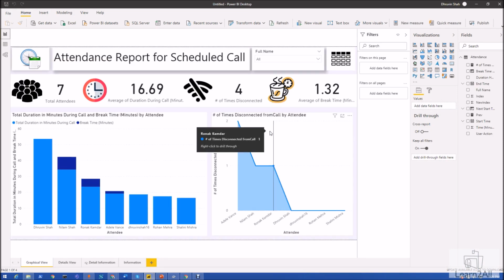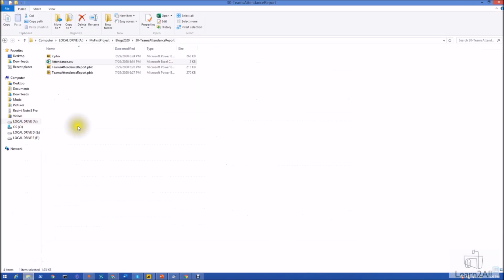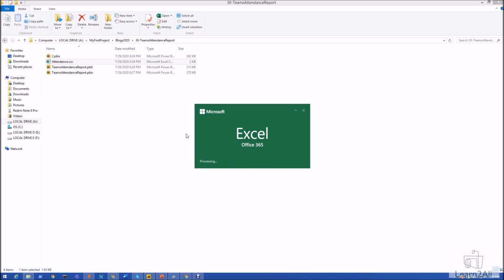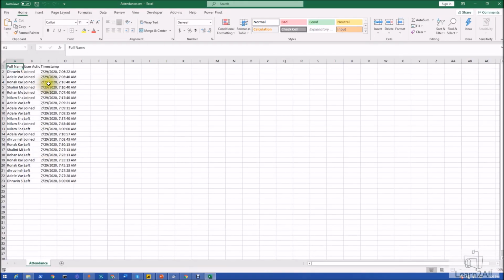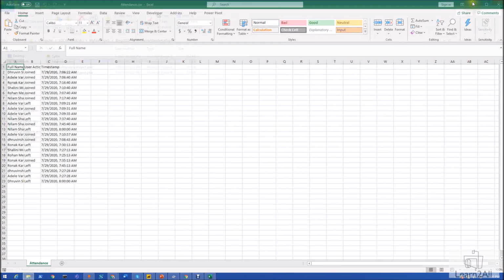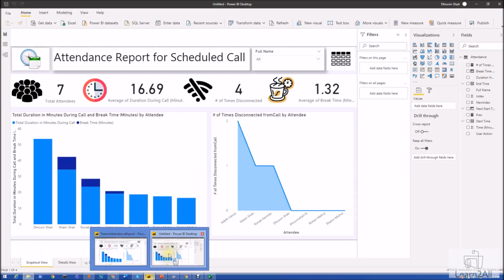And here it is. We are able to generate this report for you. Now, let me explain what this report represents. I know the difficulty you face in your day-to-day routine with the CSV file. It is very difficult to understand how long the user has stayed on the call, as well as how many times they have joined, rejoined, and disconnected. Every detailed piece of information is represented in this particular report.